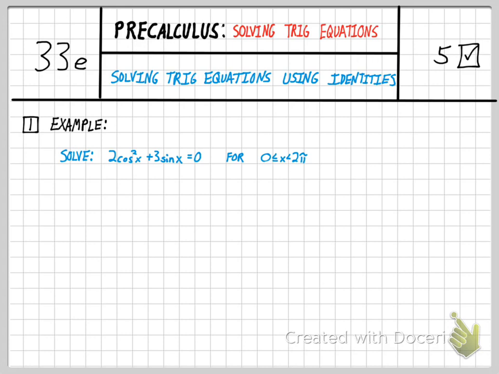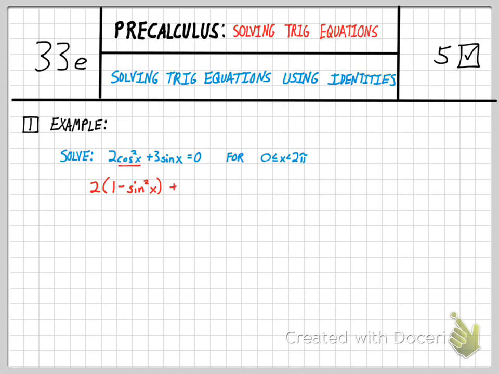Alright, I have a trig equation here. One thing you might notice as a difference to previous problems is that I've got sines and cosines mixed together and I'm expected to solve. And in general, you want to always try to be working with one function instead of two different functions. Good news is we have a way to relate sine and cosine to each other through one of our trig identities. So the proper way to kind of start this problem is to remember that cosine squared is simply 1